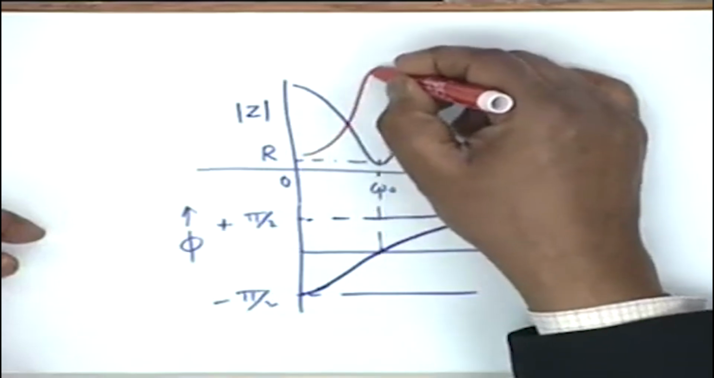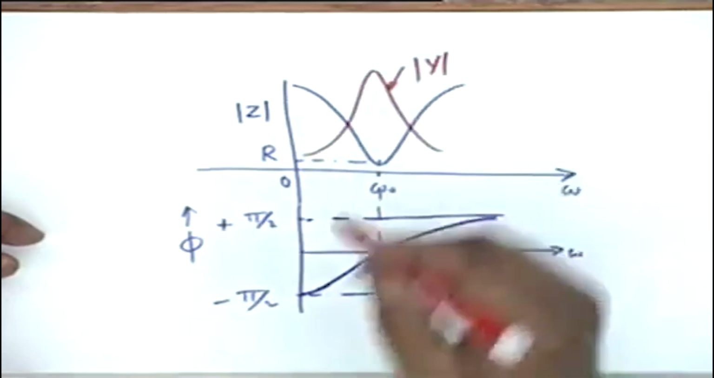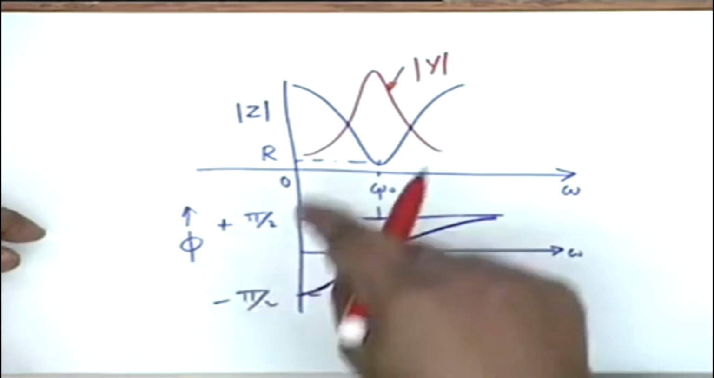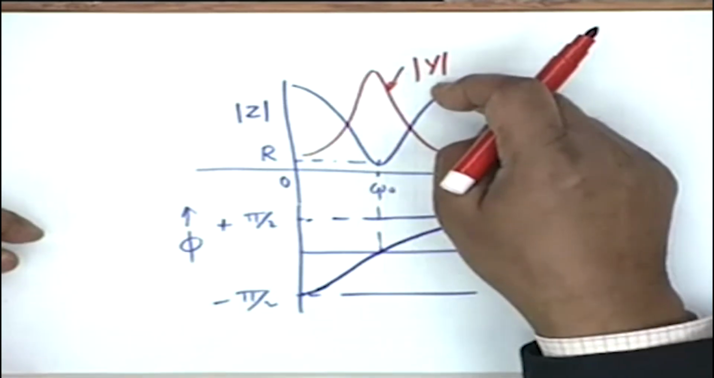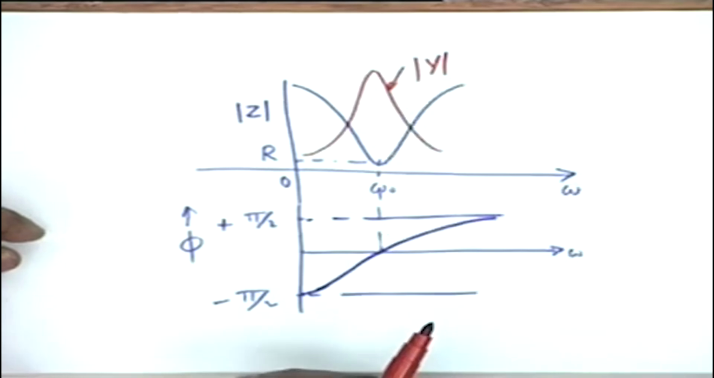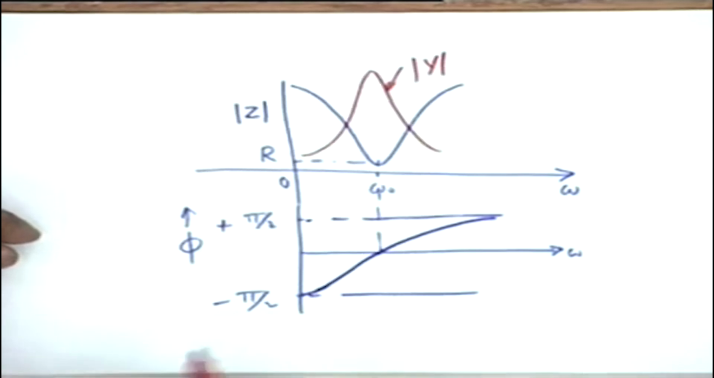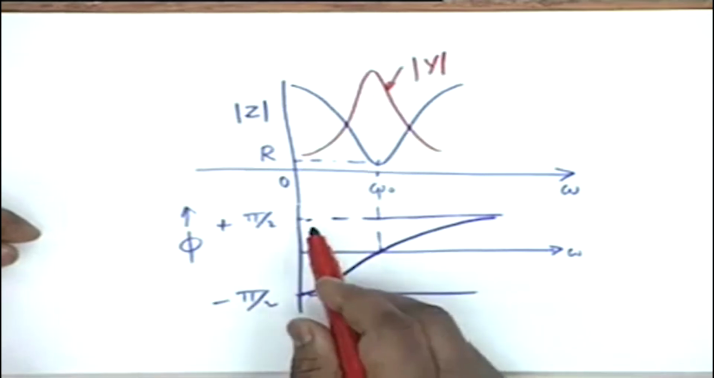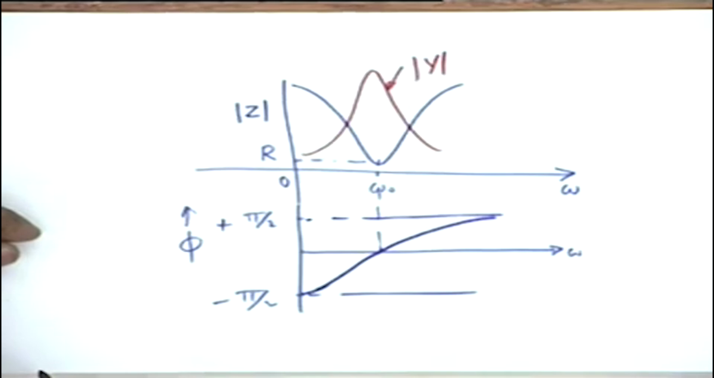Another way of looking at resonance is that the admittance of the circuit, mod Y, shall show a peaking response, because admittance is the reciprocal of the impedance, and the maximum value of the admittance shall be equal to 1 by R. And this curve shall also change its sign, that is, it will start from plus pi by 2 and go towards minus pi by 2 as omega increases. This phenomenon of resonance, under which the voltage and current in a circuit are in phase, this is the definition of